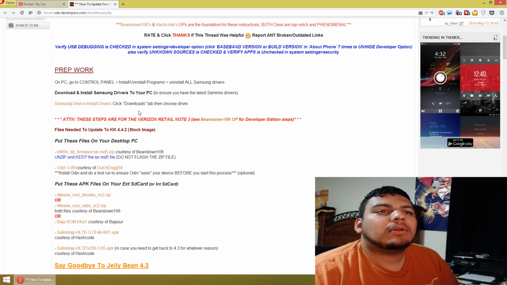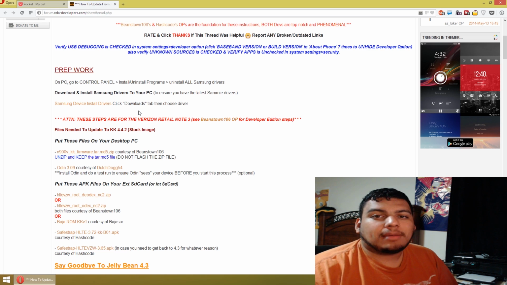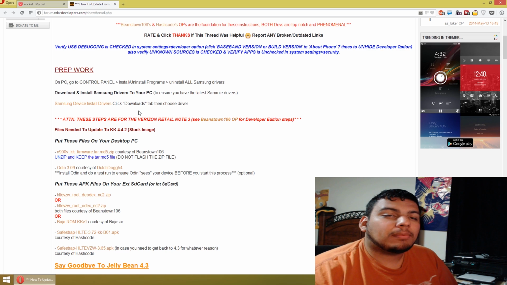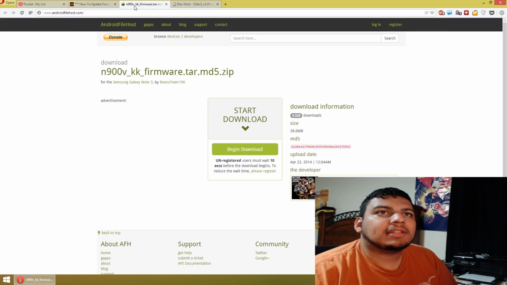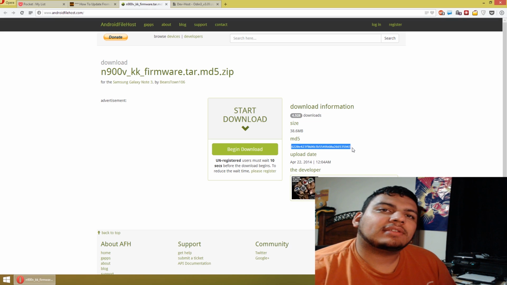So the first couple of files we're going to need are for your desktop or your PC. This is going to be for a Windows operating system. So the first file you need to download is this tar file, which we're going to be flashing with Odin, which is right here. So I'm going to go ahead and open these up so you can see what the website looks like. The tar file is going to be hosted on Android file host, and just go ahead and hit the big begin download button and go ahead and check the MD5 to make sure that the download was not